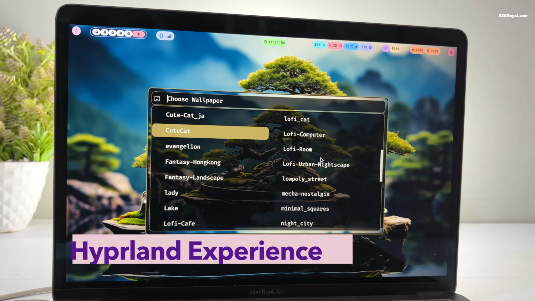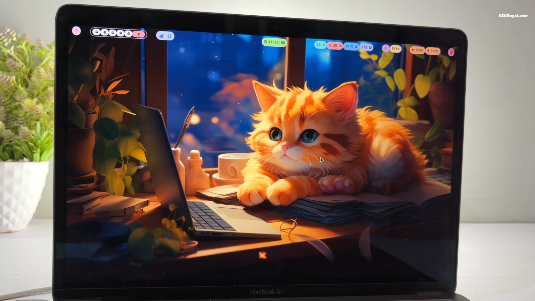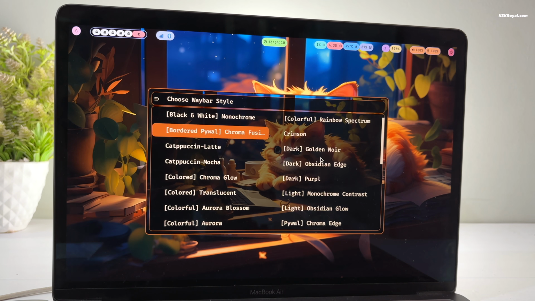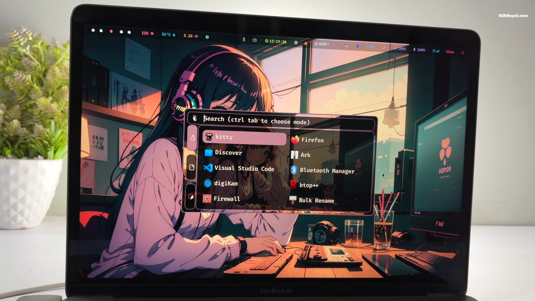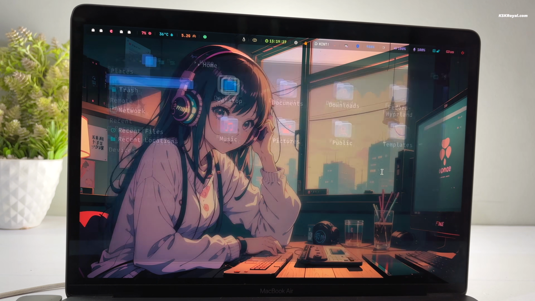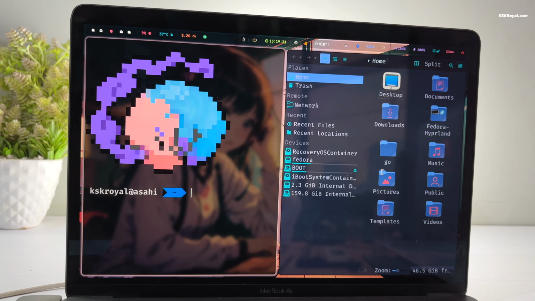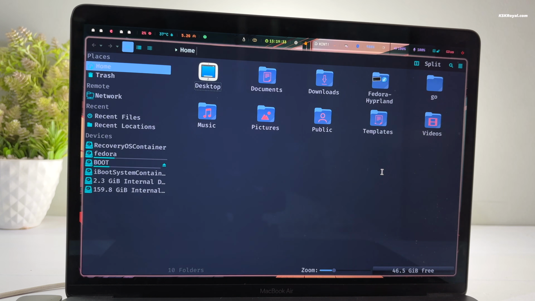Overall, Fedora Asahi Remix with Hyprland on Apple Silicon Mac looks next level and offers the best window tiling experience. All applications work fine seamlessly without any scaling issues. Compared to Intel or AMD laptops, Hyprland on Apple Silicon is very fast. The user experience is very smooth and the animations and transitions are buttery smooth.